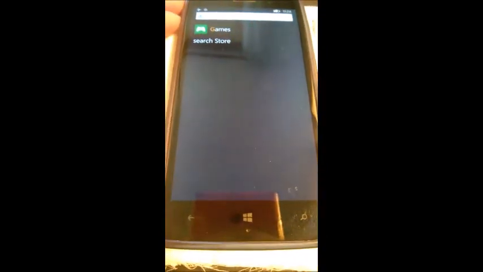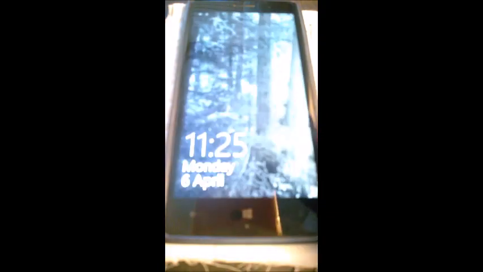What I'm doing here, if you see, this is a Lumia 810. It's one of the few that has physical buttons at the bottom. Most Windows phones have the bottom buttons on the screen itself. And I want to point out that having the buttons physical like this, tactile, is much better than having them on the screen, because when the three bottom buttons are on the screen display itself, you need to swipe all the time to access the buttons. It doesn't work that well. It's less user friendly.